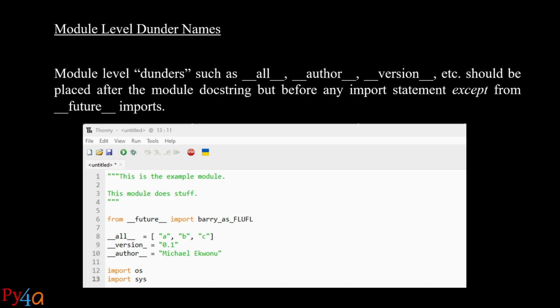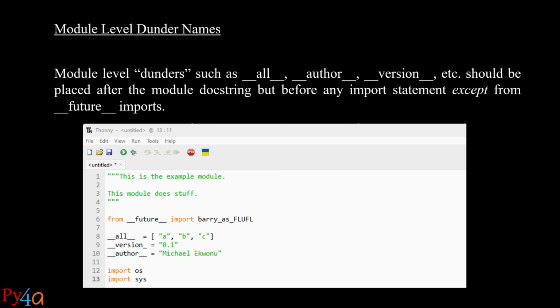Because we have this from __future__ import, all other module level dunders like __all__, __version__, __author__ should come after it. If I don't have a from __future__ import, it is proper to put all my module level dunders immediately after the docstring, and then followed by other imports, which are the standard imports,